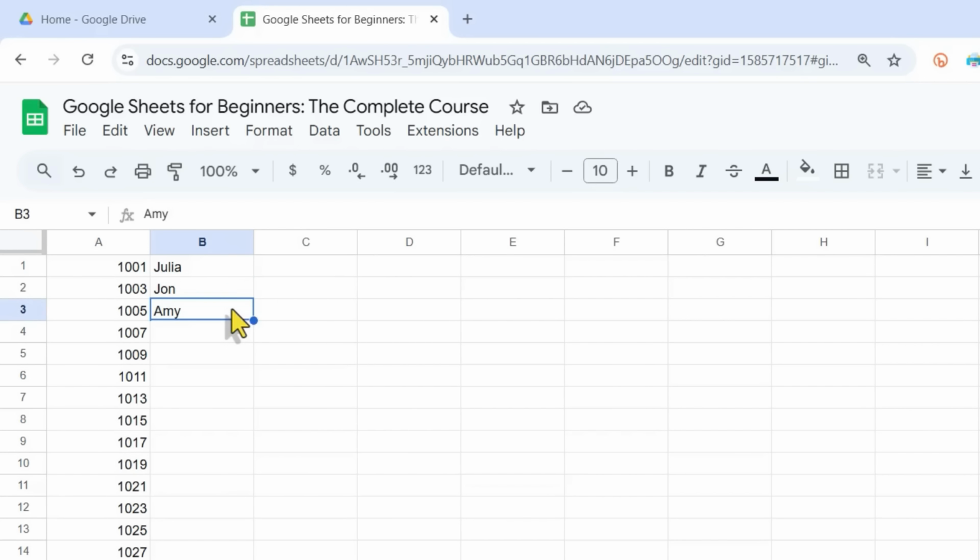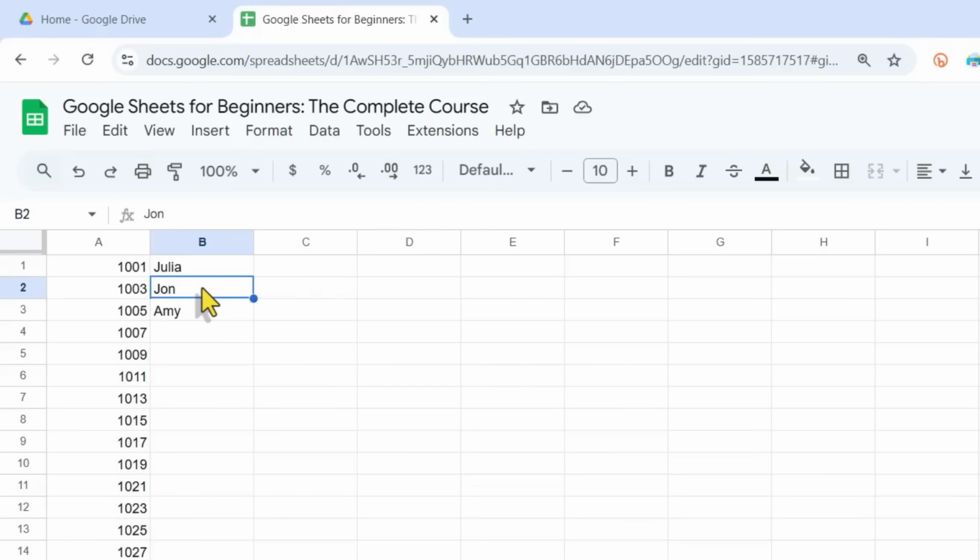As you work in Google Sheets, there will be times when you need to be on a cell, and there are times when you'll need to be in a cell. The way you get on a cell is simply by clicking once on that cell. So I'm on this cell. If I want to be on B2, I just click once on B2. I'm on the cell. When you're on a cell, anything that you type will erase what already exists in that cell. So if I need to, I can type in John again and spell it correctly, and it's fixed when I tap Enter. I'm going to undo that though,